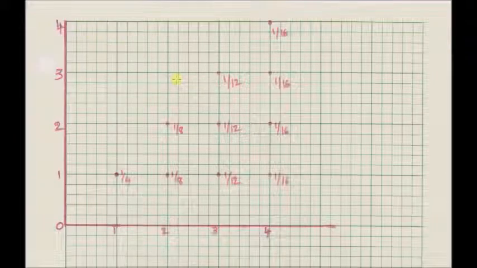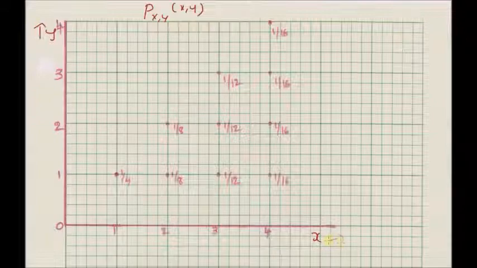Now consider an example illustrating the joint conditional probability mass function. We have a probability mass function P_{X,Y}(x,y) given by this plot. The x values are 0, 1, 2, 3 and 4. So this is the x-axis, and this is the y-axis, with values from 0 to 4. The probability mass function has values only at (1,1), (2,1), (2,2), and so on. Basically these 10 values are non-zero, and all the other values of the probability mass function are 0.